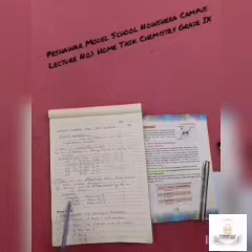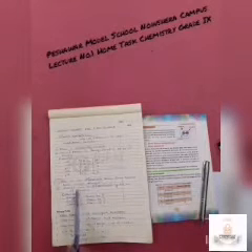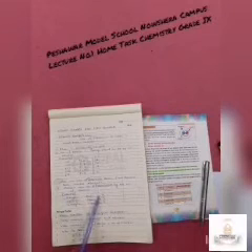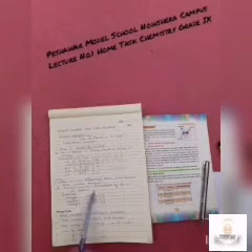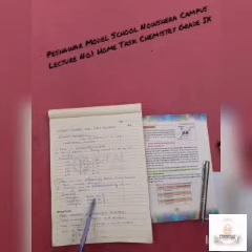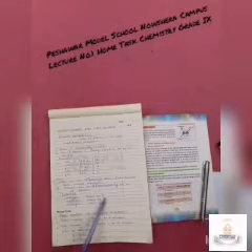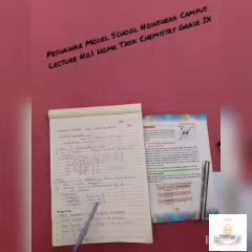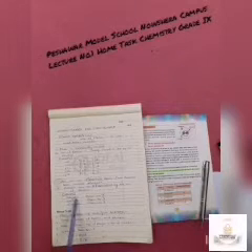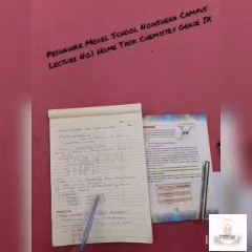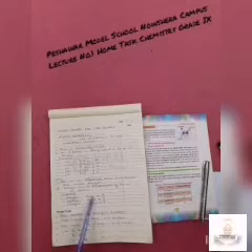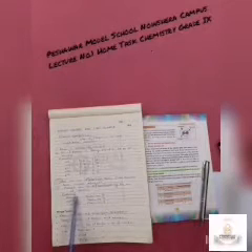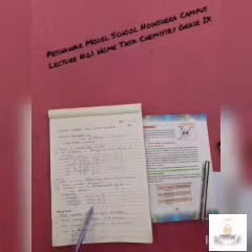Like oxygen. Oxygen is an element. All the atoms of oxygen must have atomic number 8. It means it must have 8 protons and 8 electrons. If an atom has atomic number 7, not 8, it has 7 protons and 7 electrons, then this atom will be a nitrogen atom, not an oxygen atom, because the atomic number of oxygen is 8. All atoms which have atomic number 8 must be oxygen. If it has atomic number 7, then this will not be an oxygen atom, it will be a nitrogen atom.